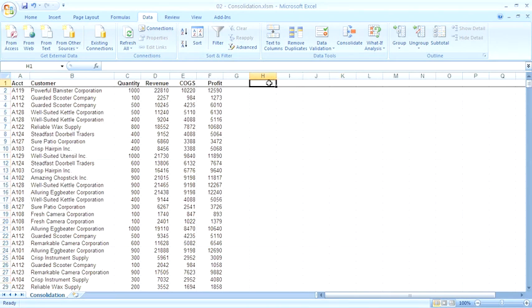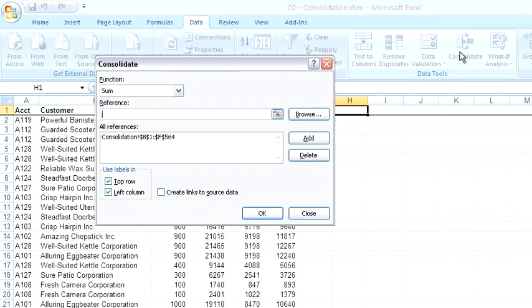Choose the consolidate command from the Data ribbon. The second time that you do a consolidation in the same Excel session, Excel remembers the previous reference, and that's a real problem if you're trying to do a different reference. The best choice is to delete the first reference and enter a new reference. So I'll click the old reference, click the Delete button, and now it's as if we started the consolidate command from scratch. Click in the reference field,